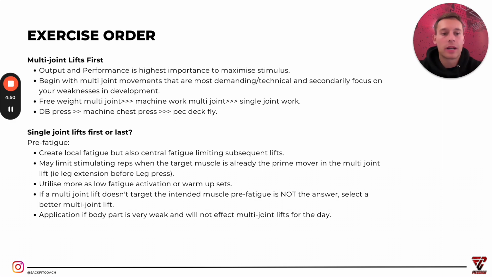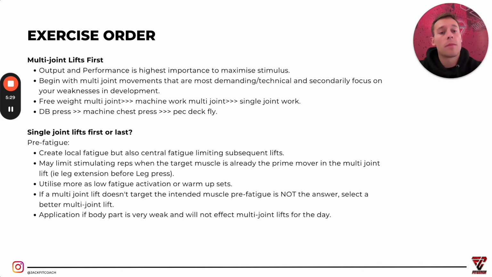If a multi-joint lift isn't adequately targeting the intended muscle, pre-fatigue is not the solution. Instead, a more suitable multi-joint exercise needs to be prescribed. And again, exercises that give us more stability allow us to create more force and recruit more contractile units, which give us the best chance of building muscle and improving our overall strength, comparing a barbell back squat versus a hack squat. However, pre-fatigue can actually be useful if your target body part is significantly weaker,